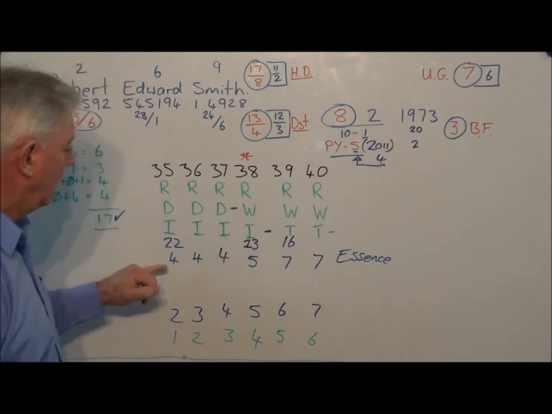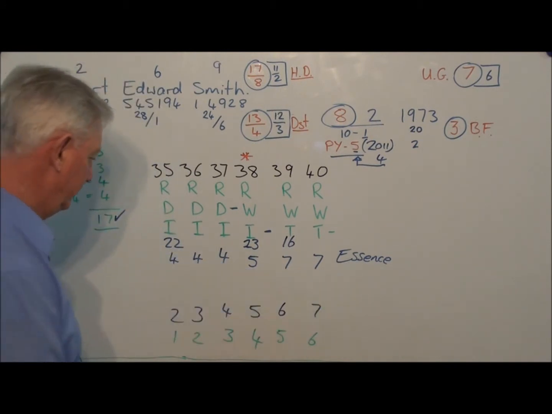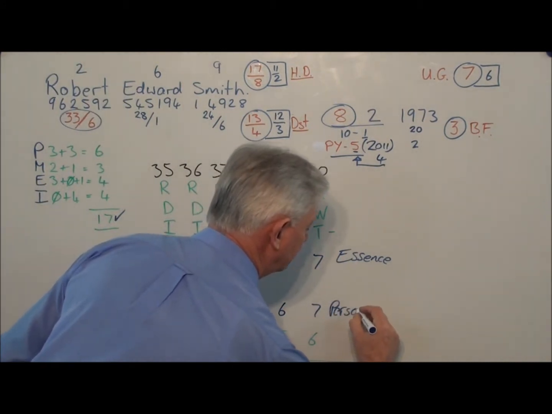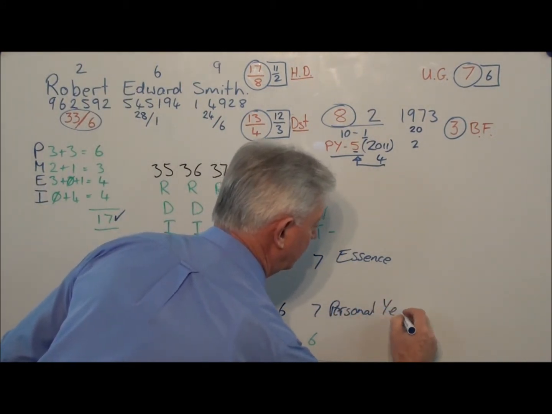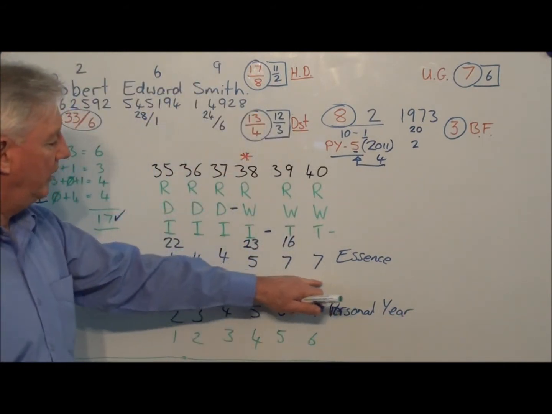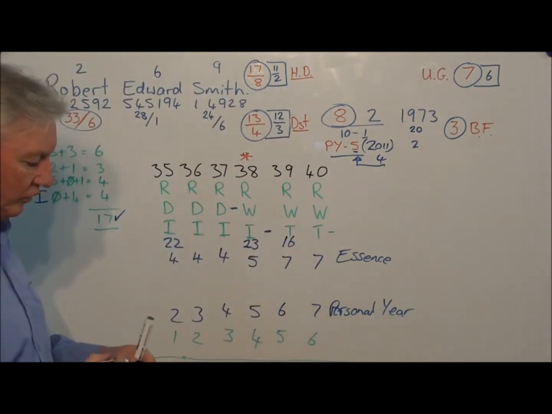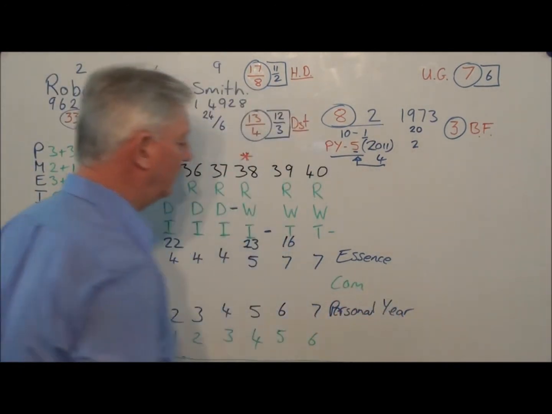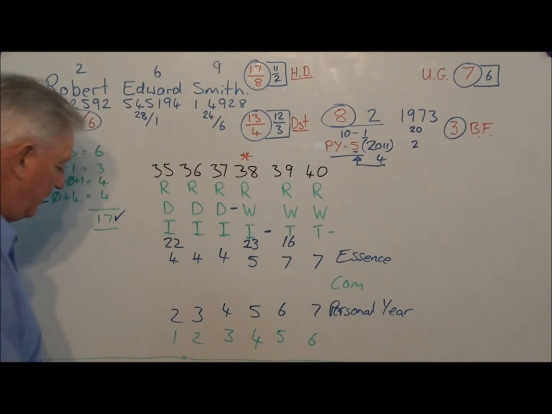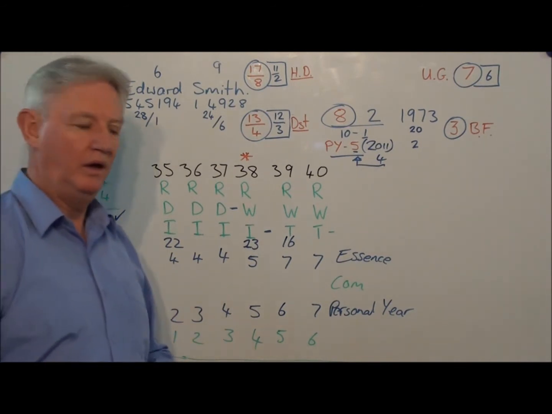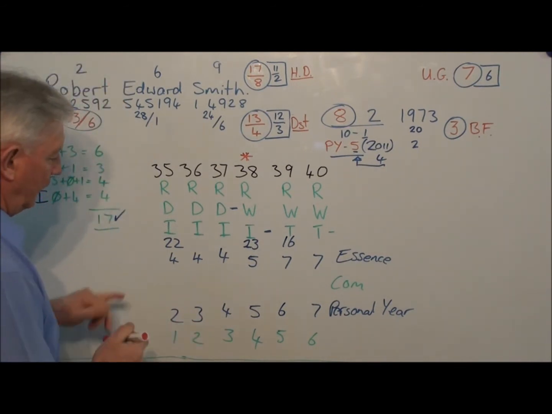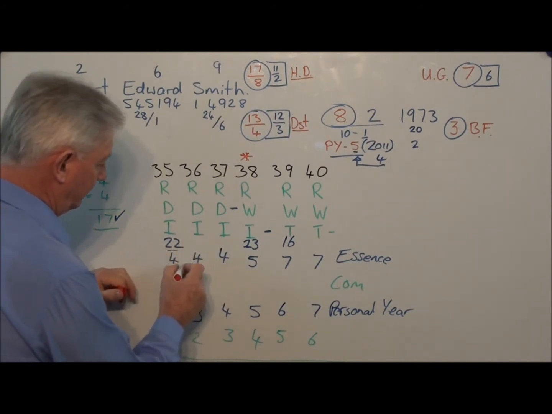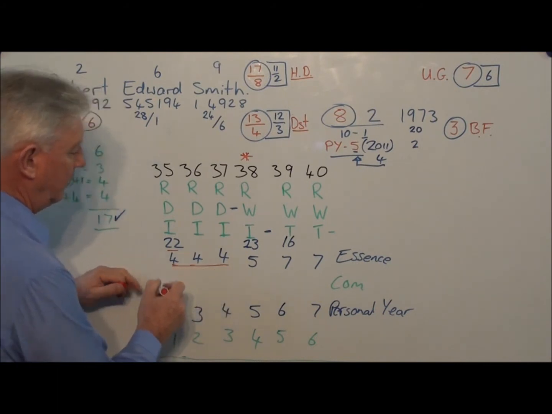Okay, now we've got to add his essence to his personal year. And the combination of these two brought together, which we call the COM for short, the combination, will be when we add these up. And I'm going to use red here to highlight certain activities. First of all, when a person's in a 22 vibration, which is there those 3 years in a row, 22